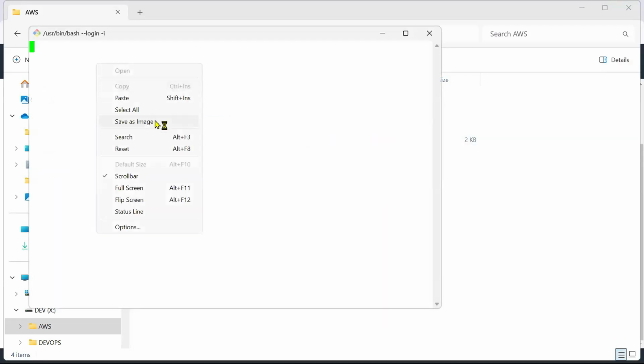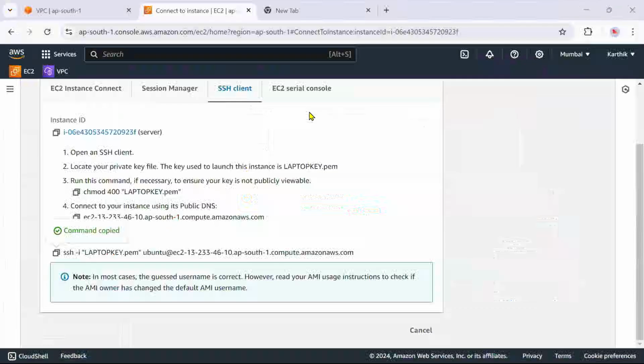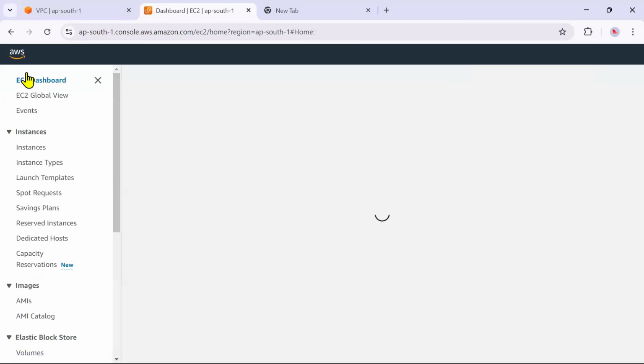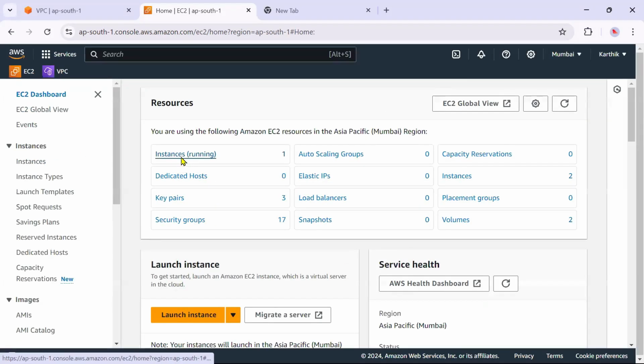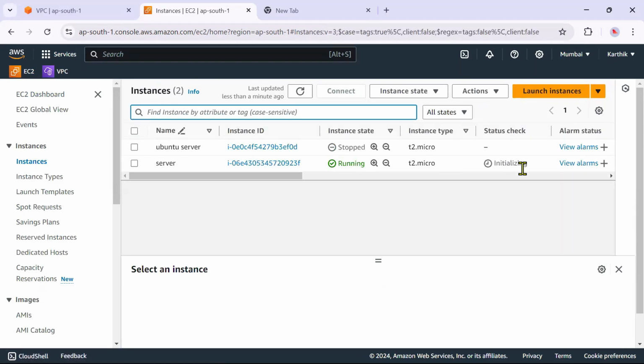Open Git Bash here, paste, and done. What is happening? I think it is still not up. Yeah, it is opening, right? It is initializing. Just wait for a second.